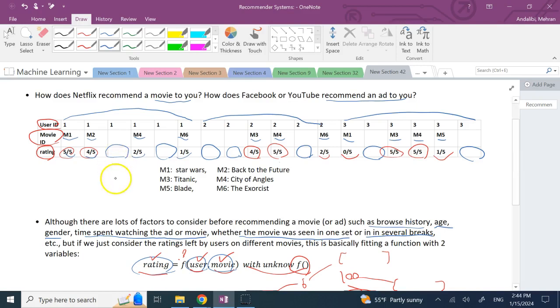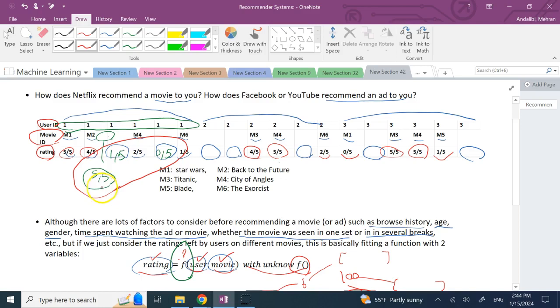So now they go to these blank cells and they try to fill them. They say, hey, look at person one. Whatever movie ID that this person did not watch, go ahead and predict based on this function f what rating that person would give to it. So it says, okay, probably this one is going to be a 1 out of 5, maybe this one is 0 out of 5, okay? And if there is, let's say, another sci-fi movie here, then that one might get, let's say, another 5 out of 5. So now what do they do? They come and look at all these new predictions.